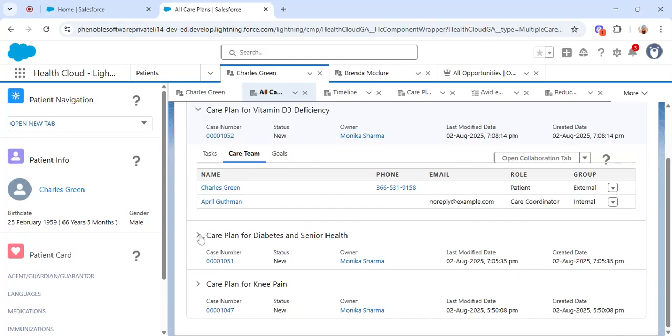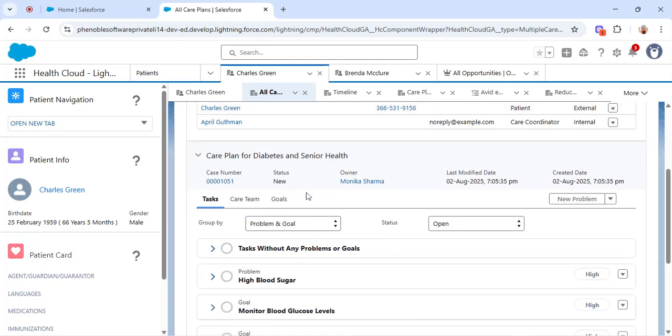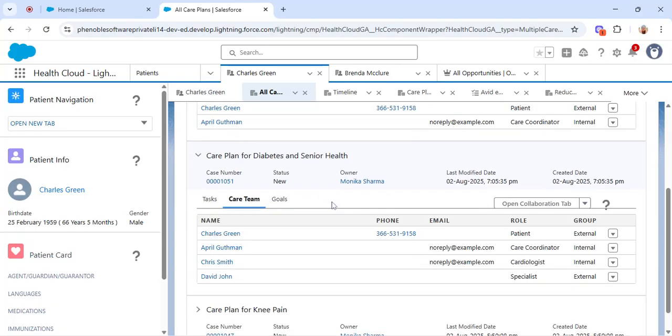When you expand this, you will see an option here. Please click on the Care Team subtab first, and after that you will see an option like Add Care Team Member.